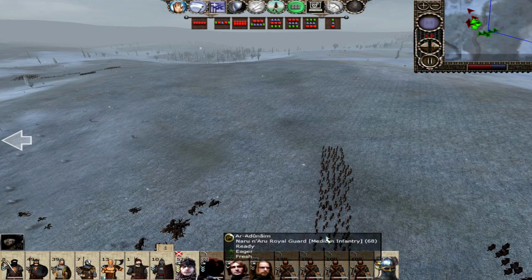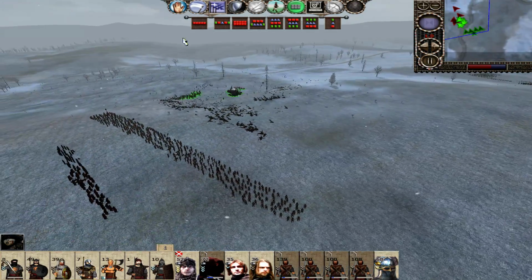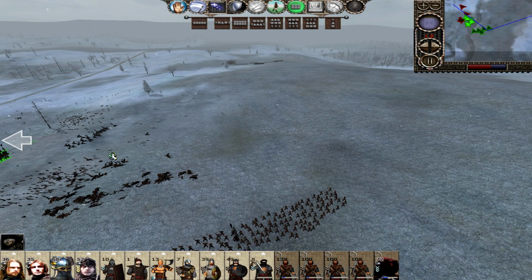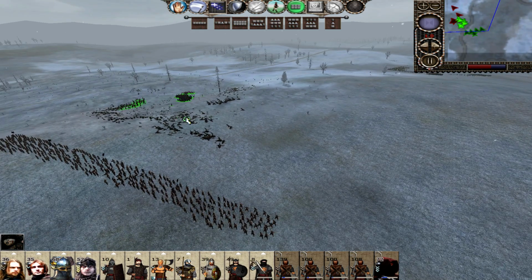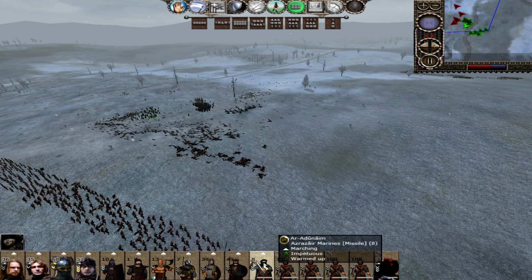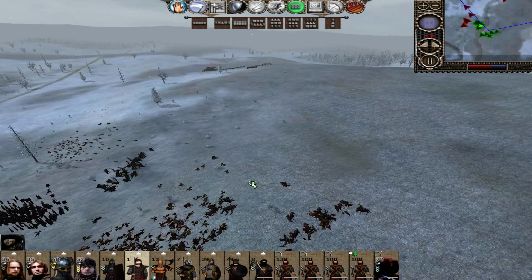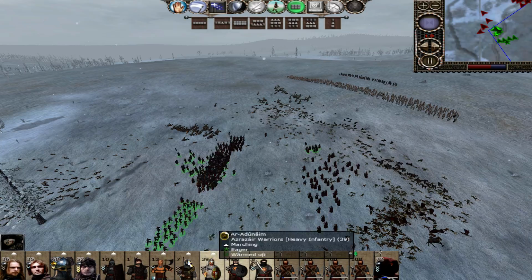Did I just see someone running over there? No. Gimblecat, are you even involved? Oh yeah. Stop making them go in a group. What is happening here? I don't know. It's wigging out. I can't draw them in a nice line. Oh, it's because there's a unit of one. It hates having units of one man.